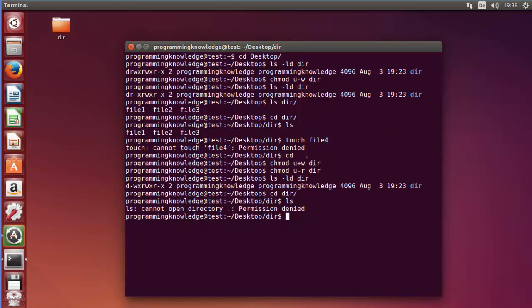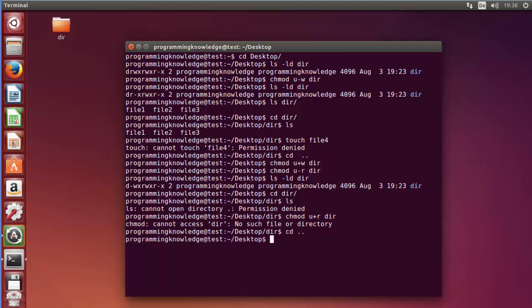Okay, so this is what happens when we take the read permission from the user. So once again I will provide the read permission to the user: chmod u+r, which will give the read permission to the user for this directory. Okay, first of all I need to go to the desktop, so change directory to the desktop and then provide this command.